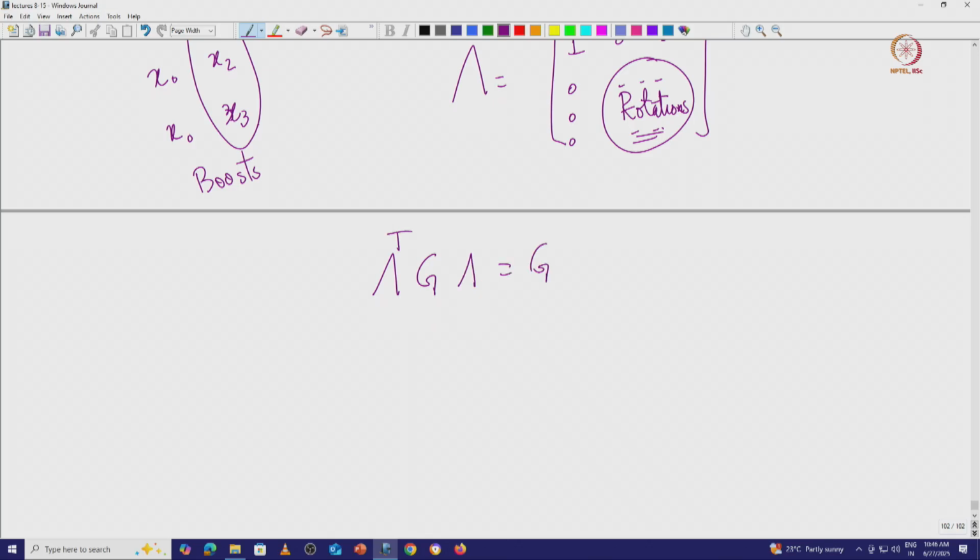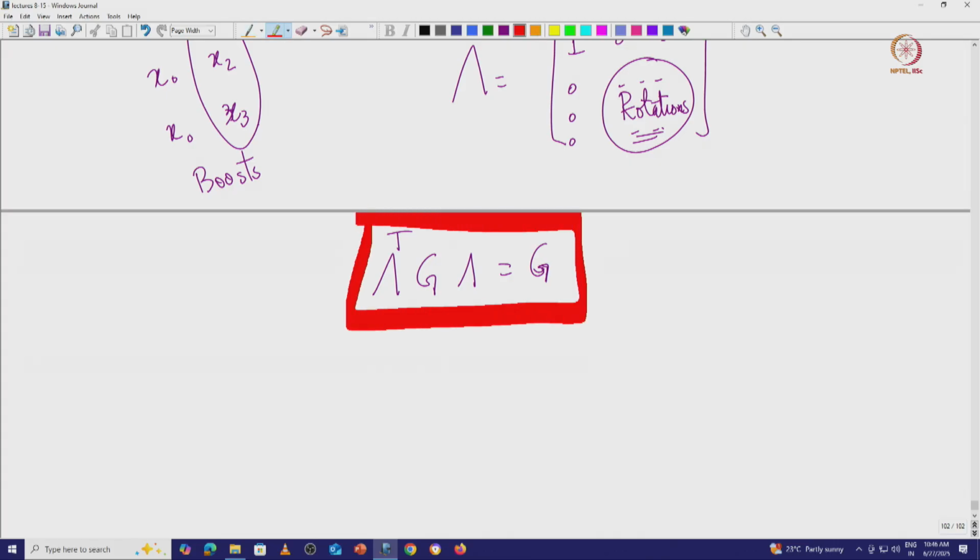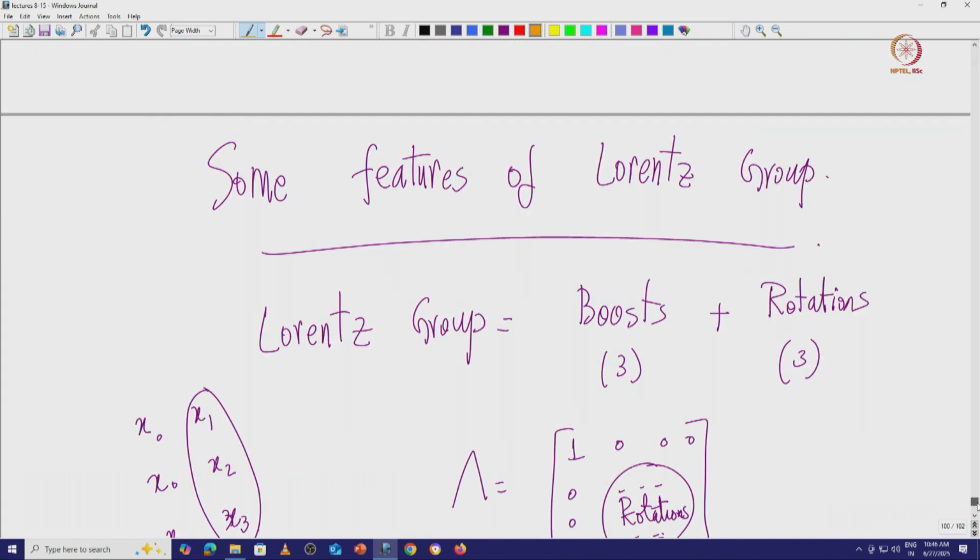is equal to g. This condition is the sacred condition. This condition is left invariant by two more discrete things. One is called P, another is called T. I'll tell you what P and T are, and then we'll come back to boosts and rotations and all the generators of the Lorentz group. These are important.